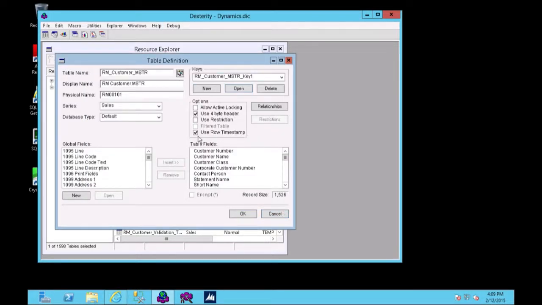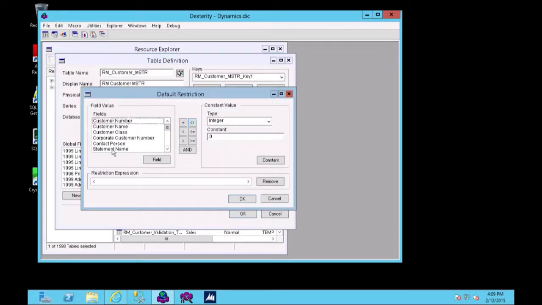Here are some options for the tables. Allow active locking is not really used that much for SQL. That was C-tree and B-tree functionality years ago. If you had a table that you wanted to use a restriction, which is kind of nice, you can restrict data based off of another value, so only that data. An example would be if you had